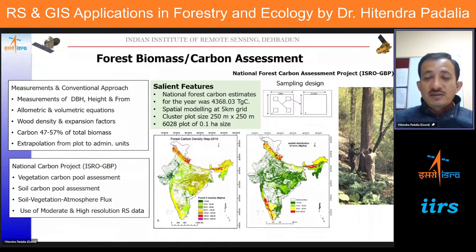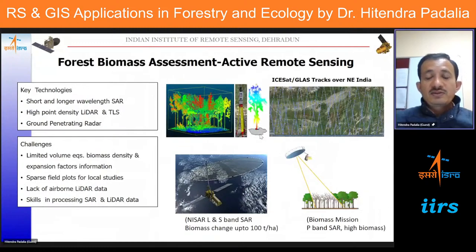as well as we have shown where we have difficulty in assessing the higher amount of forest biomass and carbon stocks, like in Western Ghats, Northeast, and Western Himalaya, and where we are even able to achieve good accuracy with optical remote sensing data. Then the next level of satellite sensors which are used to address the forest carbon assessment challenges is the use of microwave and lidar remote sensing.